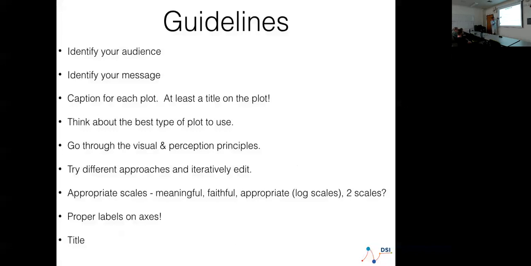Think about the best type of plot. Go through the categories with the catalog of plot types. Most people just go plot X, comma Y, and don't actually think. Think about changing the order in which you plot things so that the things that are close together are the ones you want to compare. A lot of times we take January, February, March, but we actually want to compare different things. We should reorder the categorical variables, not by alphabet, so that we can make the comparisons we want people to focus on.